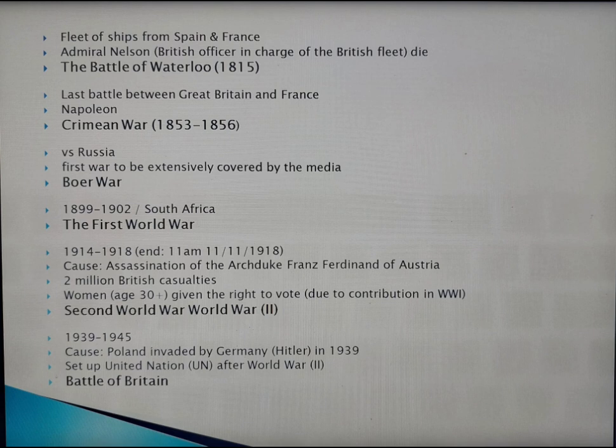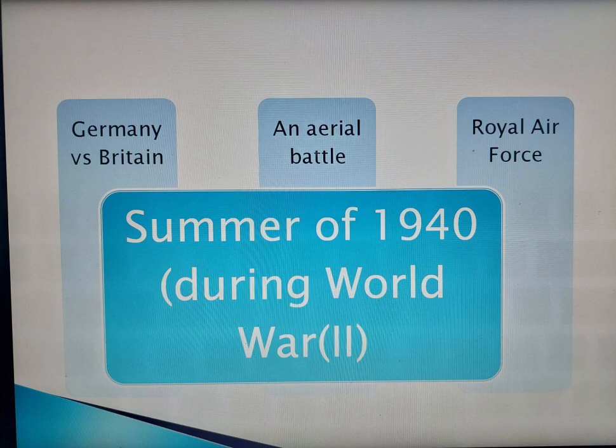The Boer War was 1899 to 1902. And in the Second World War period, women were given the right to vote due to their contribution in the First World War. The Battle of Britain was the time Poland was invaded by Germany under Hitler in 1939, and the United Nations was set up after the Second World War. In the summer of 1940, during the Second World War, Germany versus Britain was an aerial battle,